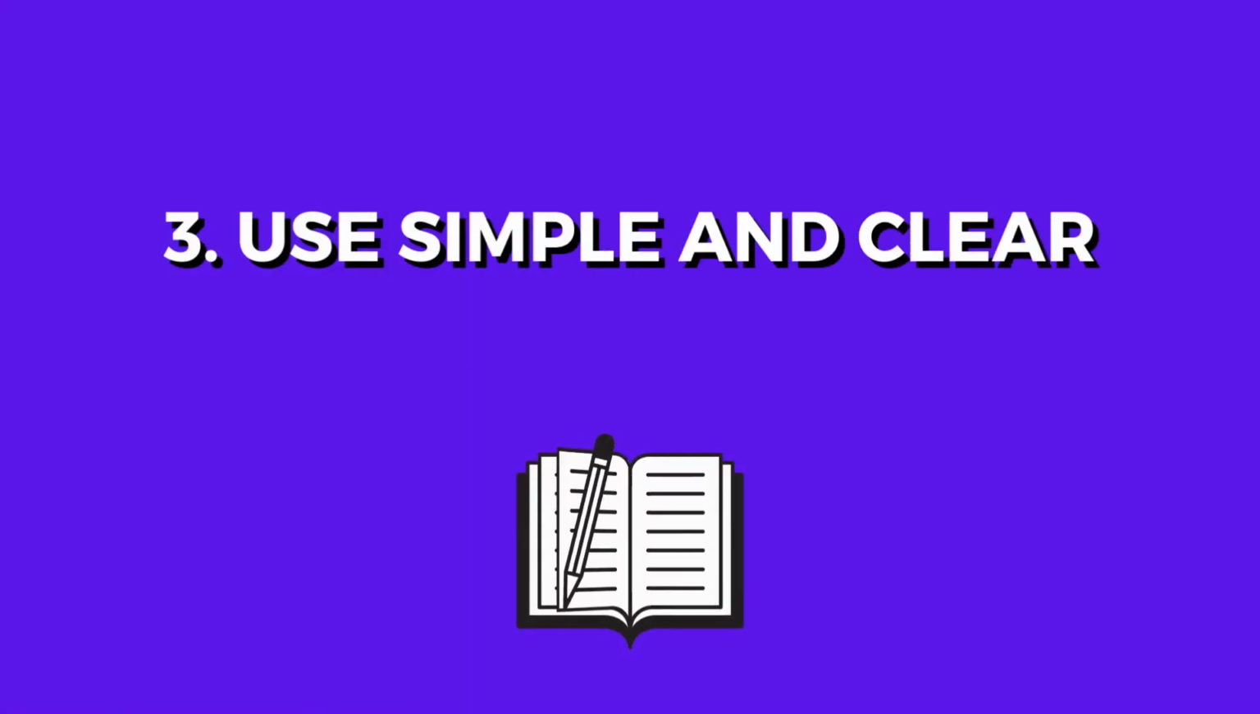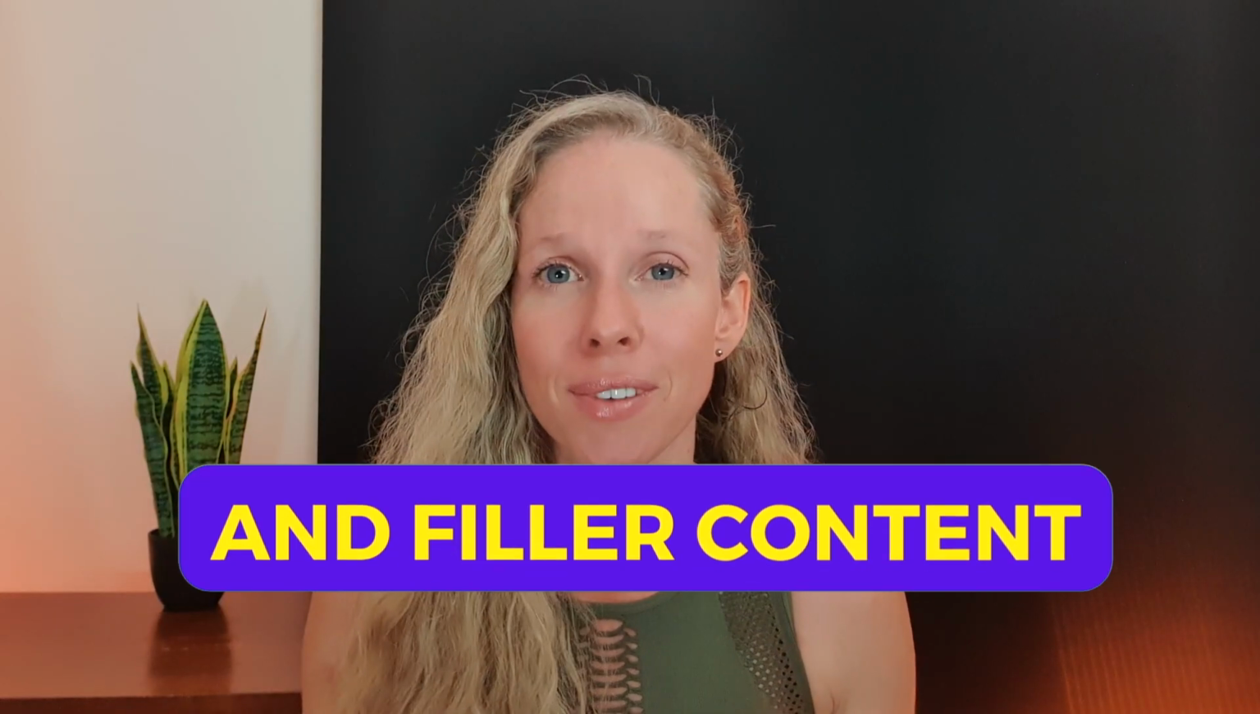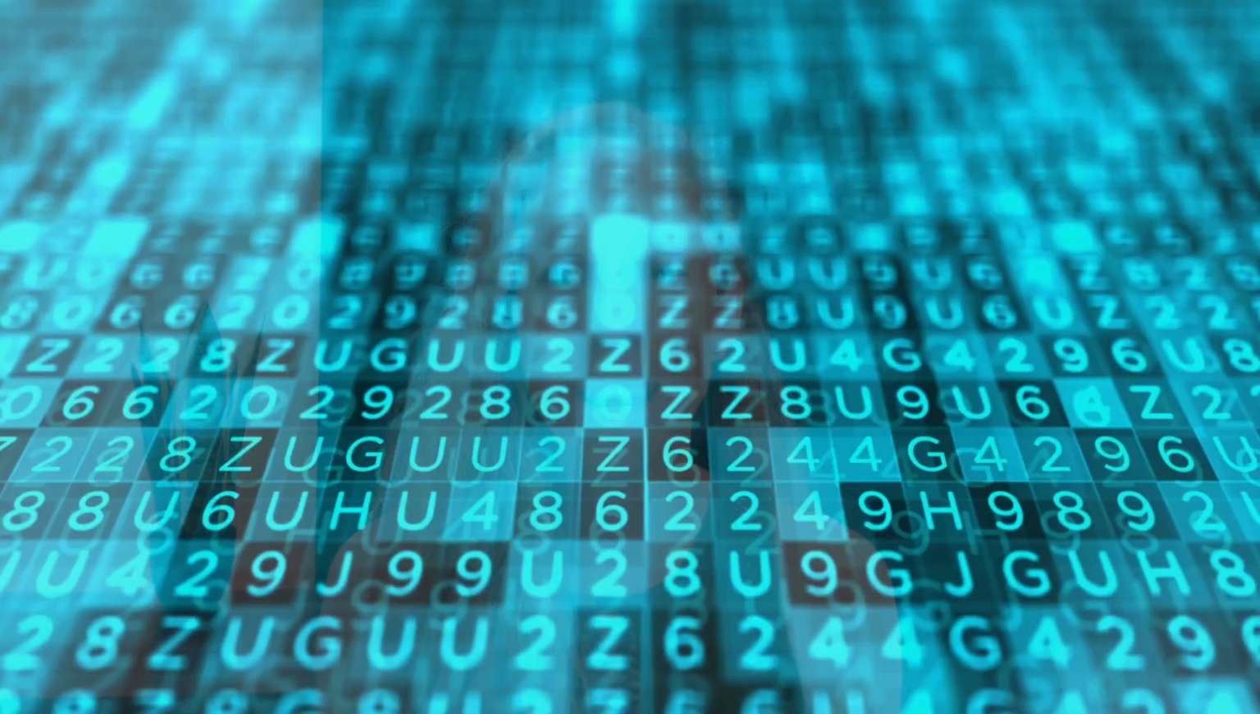Key number 3 is to use simple and clear language. So we want to avoid technical jargon and abbreviations. We want anybody to be able to pick up our scientific report and read our conclusion and understand it completely. And with that, we also want to avoid fluff words and filler content. Our conclusion is a really concise summary of our scientific report, so we don't want to waste words that don't